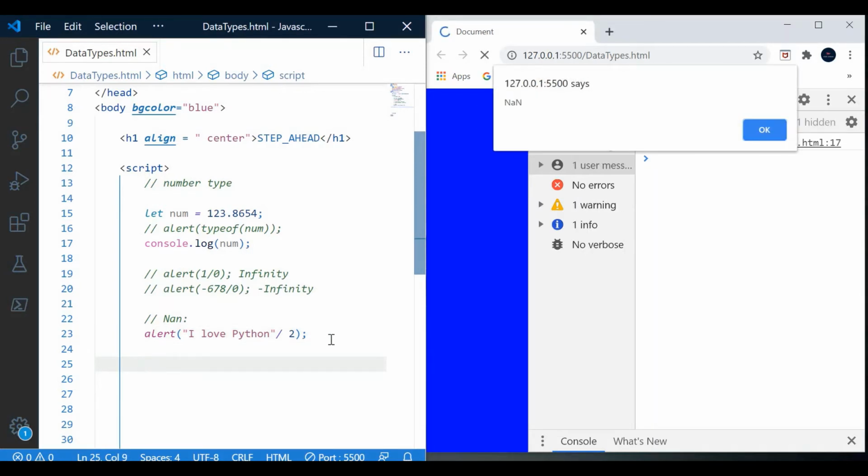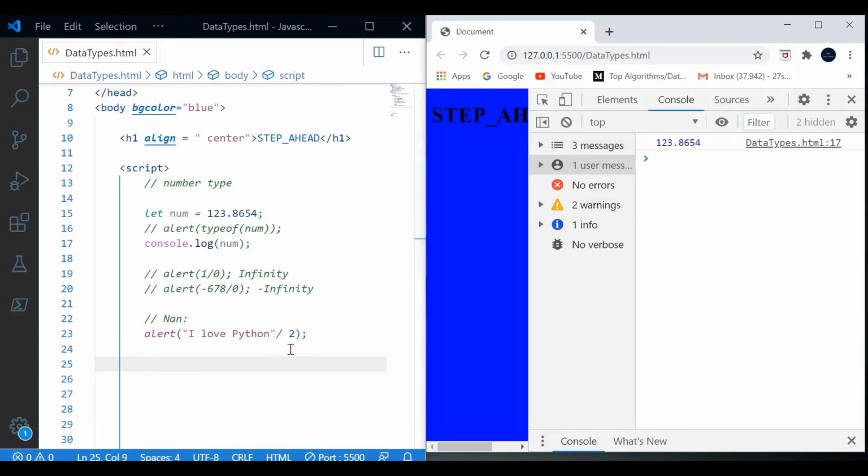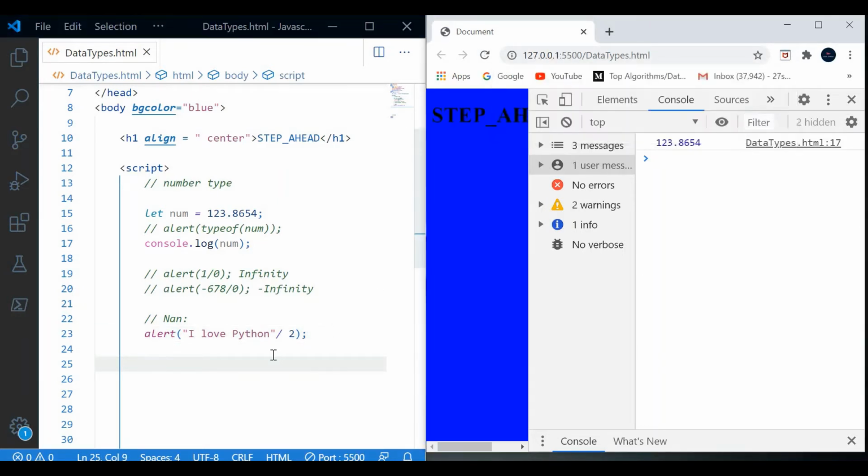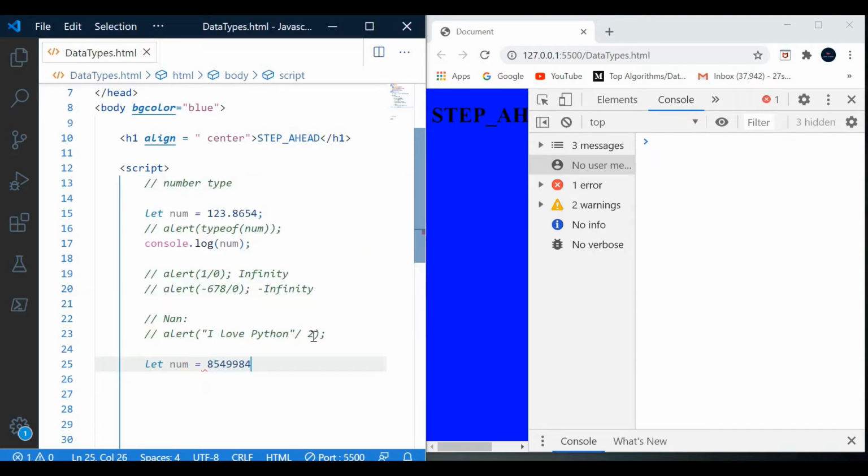We have one more special number type, which is BigInt. As there are some restrictions in the number type, we can use numbers only up to that limit. We'll comment this also. Let num equal to a value that should not be greater than a specified limit.